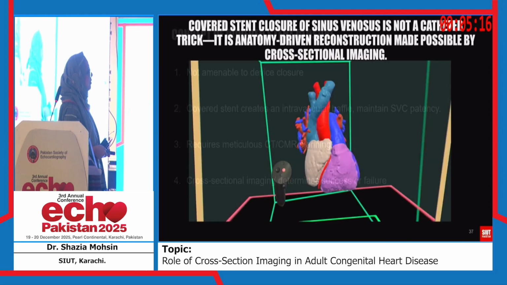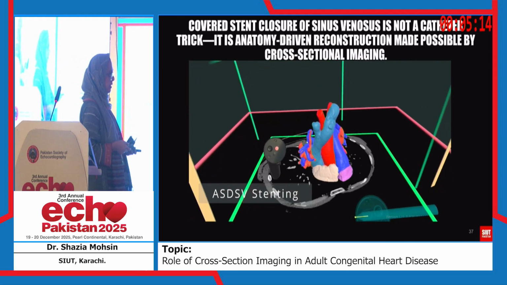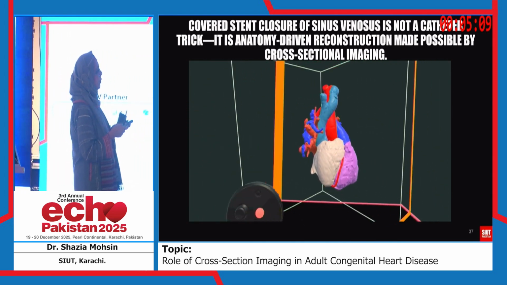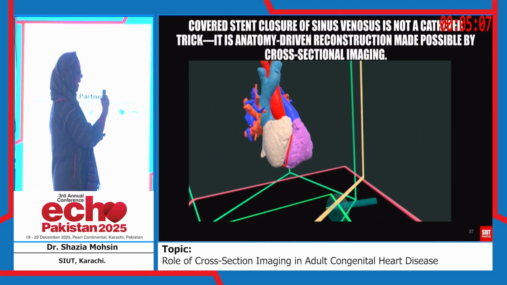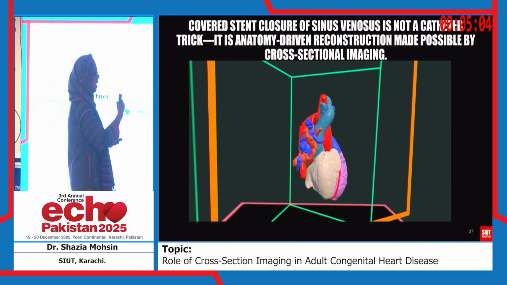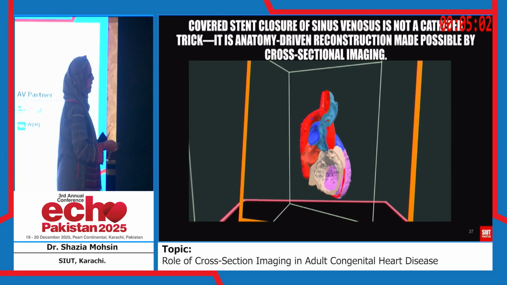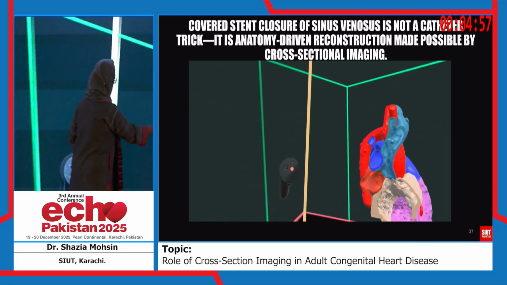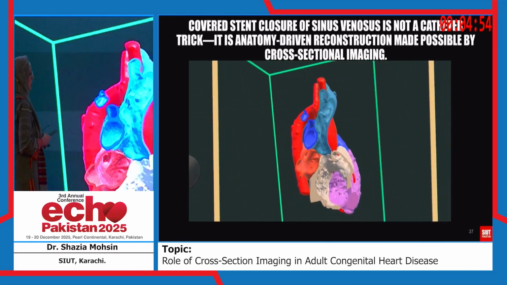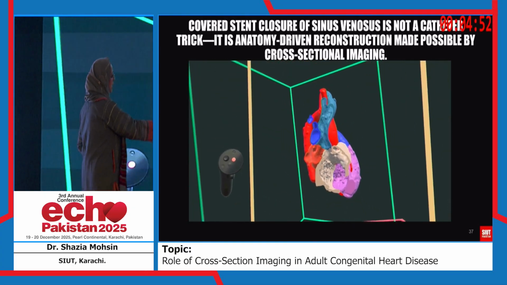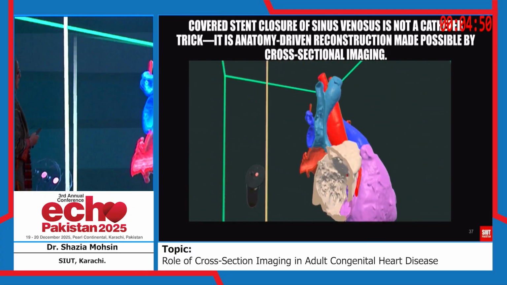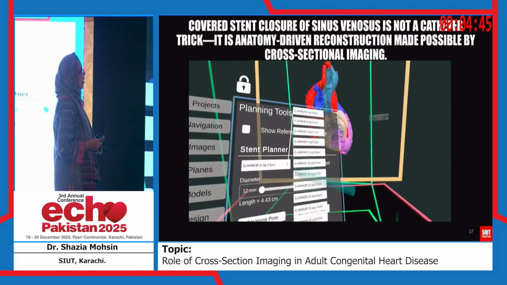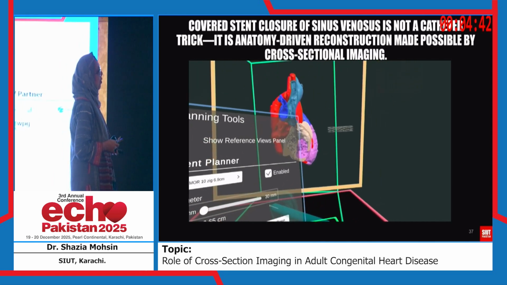So how did we use virtual reality in this one? This is our own CT, which we segmented into a virtual reality model. The orange thing is a split plane, and we are now splitting the heart from the right atrium and going inside. This color is the SVC, and the maroon here is the right upper pulmonary vein, and we can see the defect here at the SVC. In the tool, we now take out the stent. Usually we use covered CP stents for the SVC.